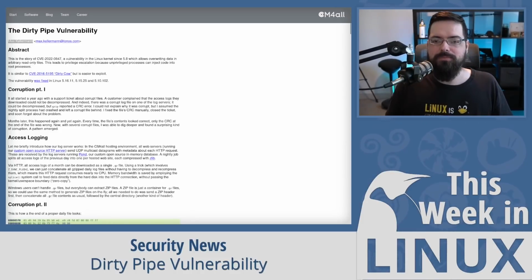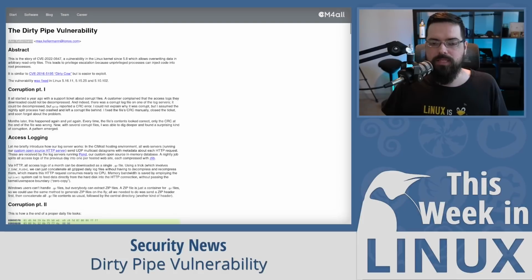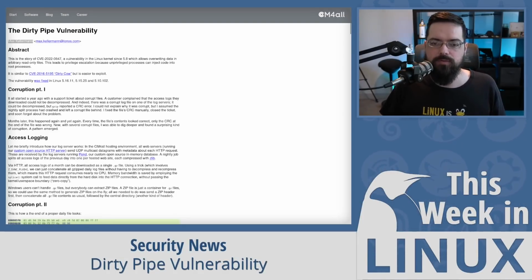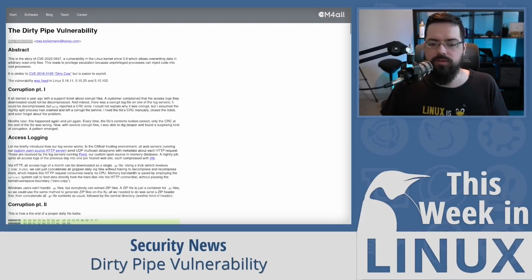Okay. So it can be exploited by normal logged-in users or a rogue running program to gain root-level privileges. It can also be used by malicious apps to take over vulnerable Android devices. So if your phone is running an affected Linux kernel version, which you can find out by going to About Phone and then Software Information in the System Settings app of your device, you can check to see what kernel version you have. It is similar to the CVE 2016-5195 Dirty Cow exploit, but it is easier to exploit in this case.